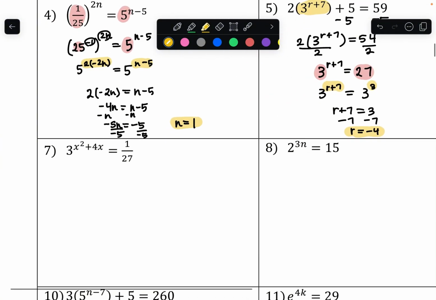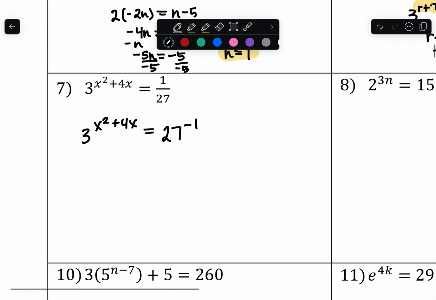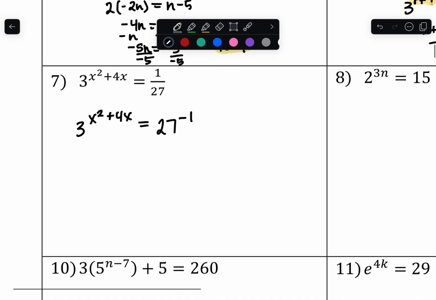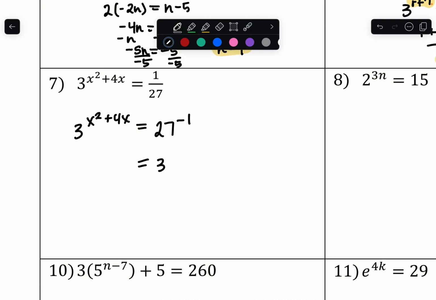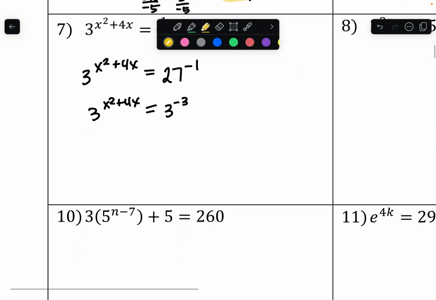Okay, on this next one, we have a fraction again. So our first step is to rewrite that fraction with a negative exponent. So 1 over 27 is 27 to the negative first. And then I can rewrite 27 as 3 cubed. So that's technically 3 to the negative third power. Okay, and so from there, we're ready to set our exponents equal to each other, which in this case is